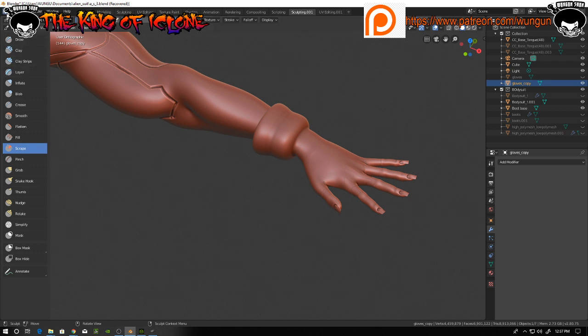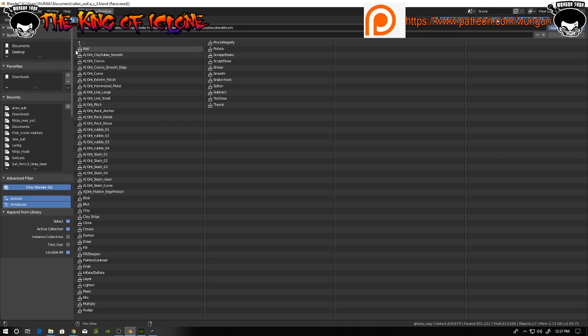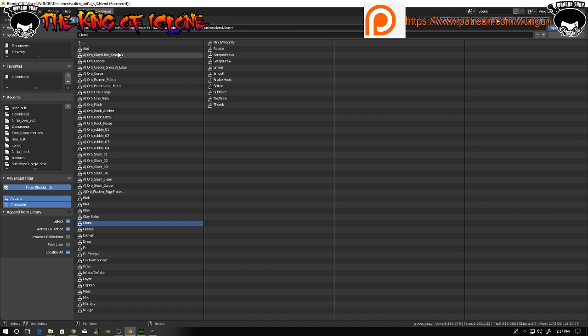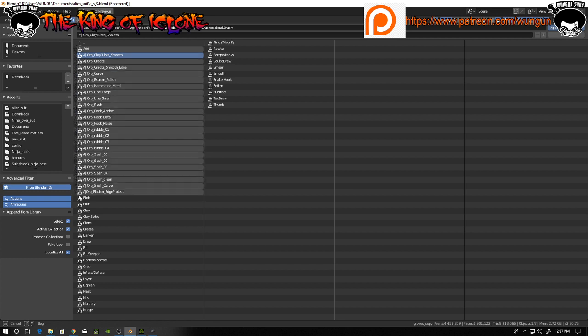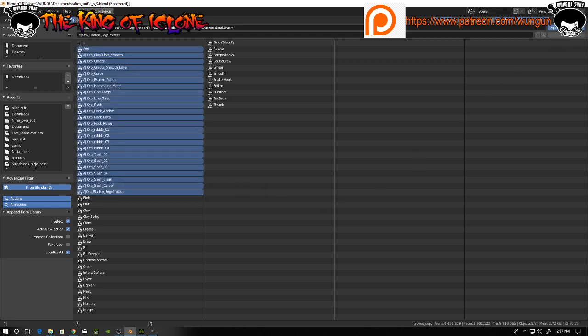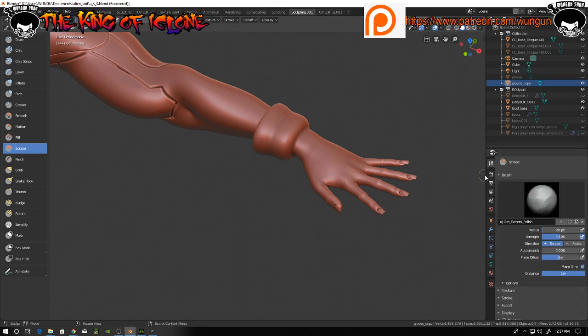First things first, I'm going to go over here to File, Append, Configuration File, Brushes, Brush, and I'm going to hit B, and select all these really cool brushes. Oops, except for this one. I don't need another blob brush. Alright. B, highlight all these except for that blob brush. There we go. And then append from library, and I should have all the cool brushes, especially these scrape brushes. This one especially. Come over here, and I'm going to hit